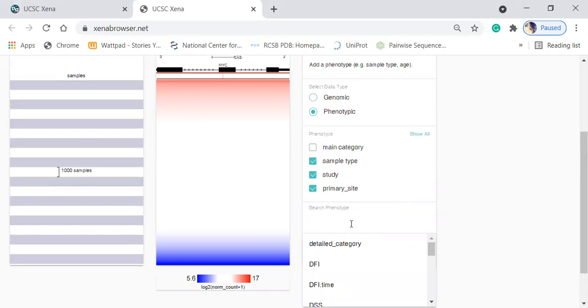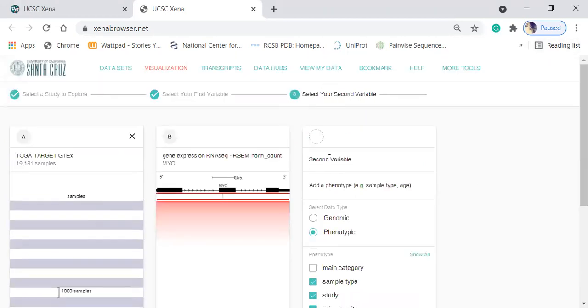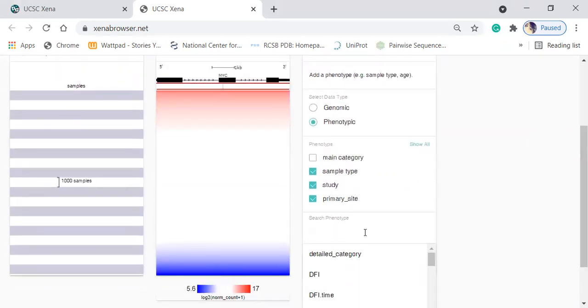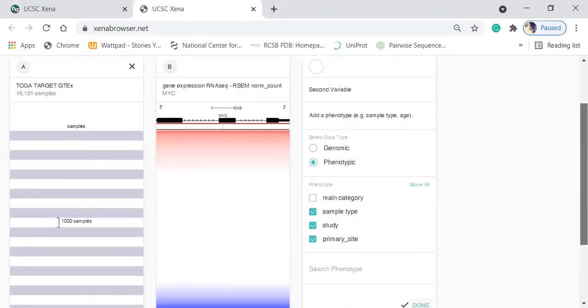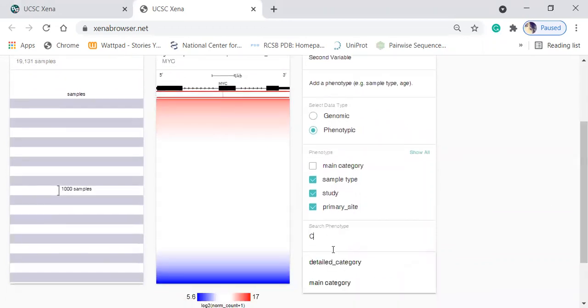Let's type colon in the sample search bar.